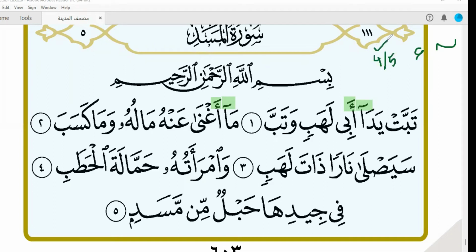4 is preferred. Always 4 is preferred. Whenever you see a mad, prolong it 4 harakat if it's followed by a hamza. 5 is also okay, but 4 is preferred. I'm gonna do 4. Okay, and then you got certain ghunnas that we studied in the other surahs before, like